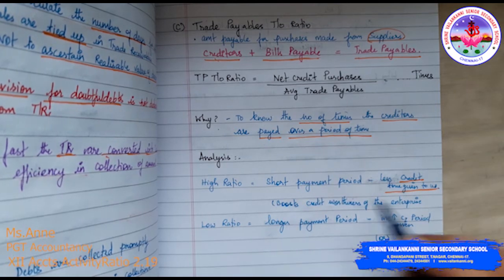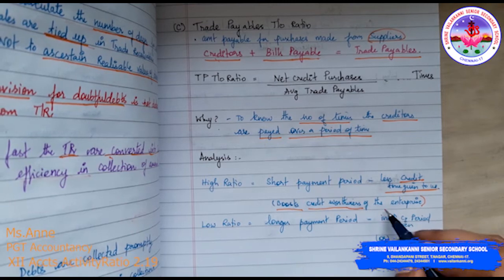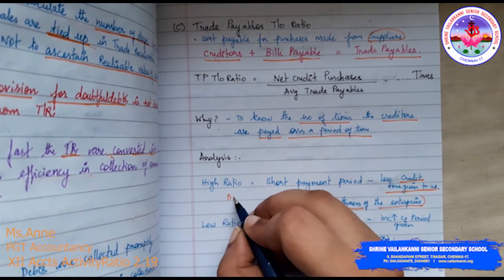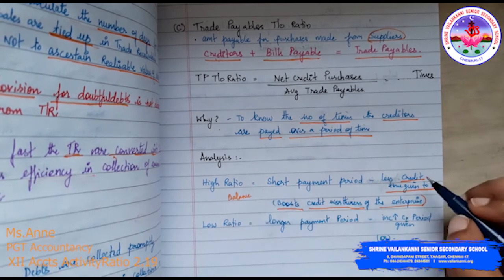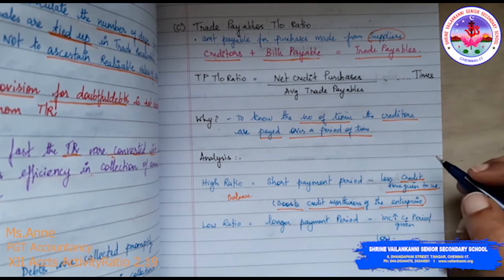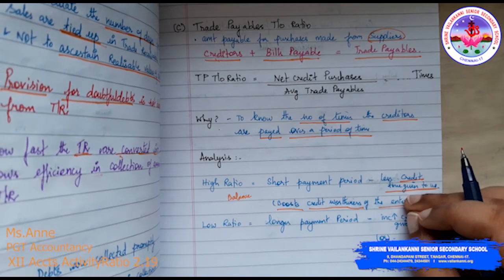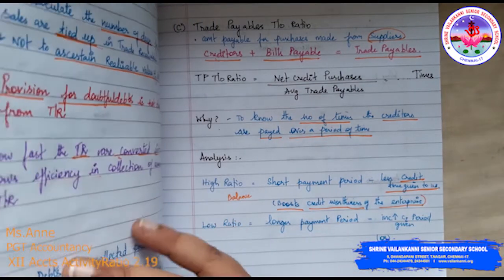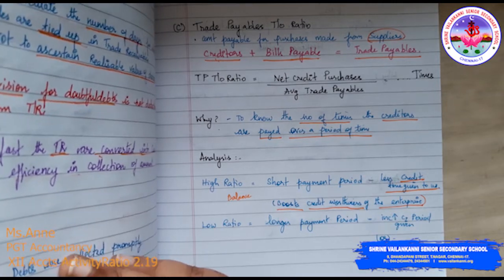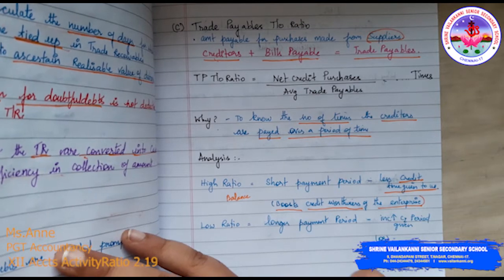So sometimes it is seen this way also. It boosts the creditworthiness of the enterprise, but my personal opinion is that there should be a balance. Too much is not okay, because we cannot be paying regularly to the supplier within a very short period of time. For example, last week we made the payment, this week we should not be making payment. It should be once in 30 days or 45 days, but we should keep balance.